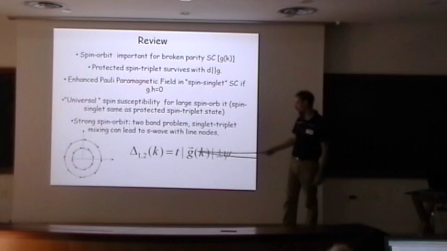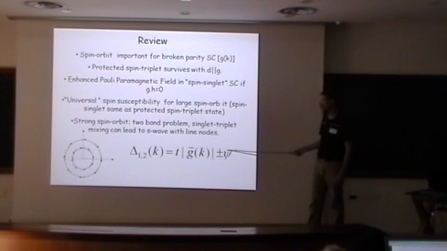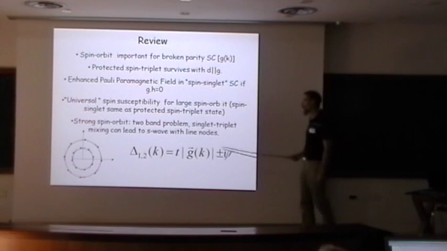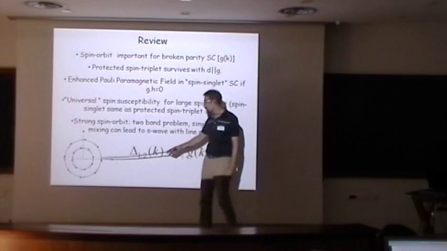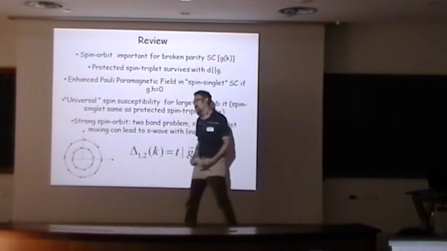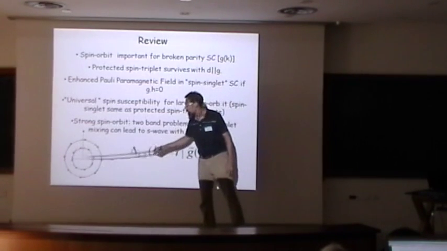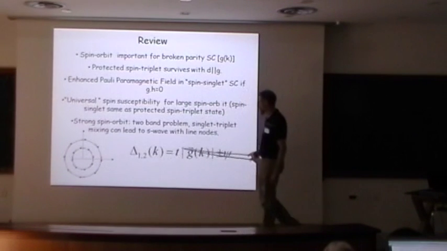The important point was that the spin triplet was the same sign on both bands, and the spin singlet was opposite sign. The reason you could see that is you can make a spin singlet state by pairing down, up, minus, up, down. That gives you your singlet component, and the triplet is the one where down, up, plus, up, down appear. And so that's why this appears.